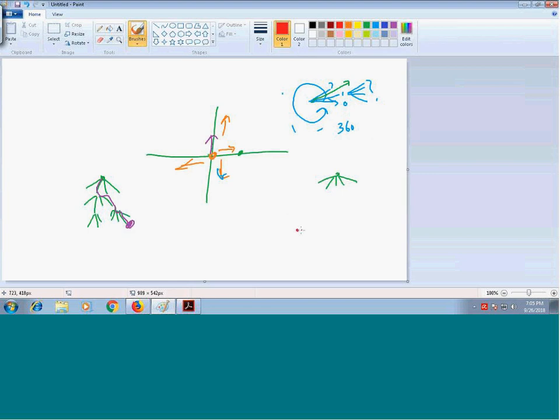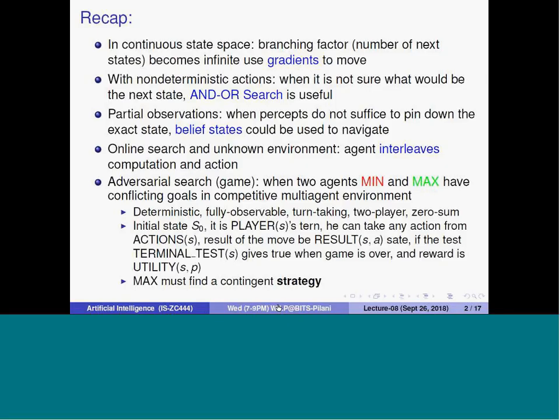Space, what is going to happen? Since you start building the tree, there are how many branches? Infinite number of branches. So just exploring all of them is not possible, because it's going to take an infinite amount of time. So therefore it becomes a difficult problem. So what is the way around? How can you